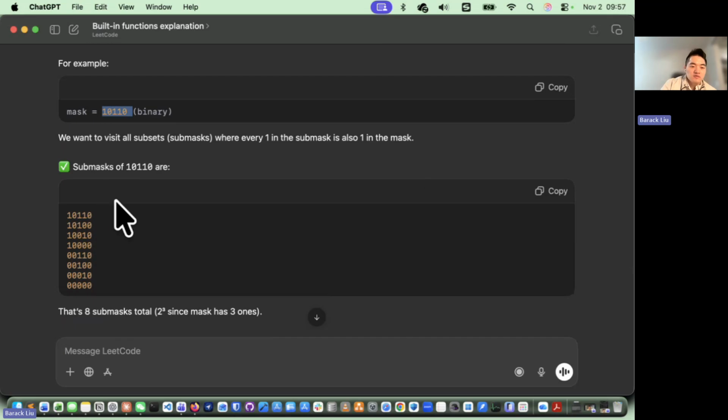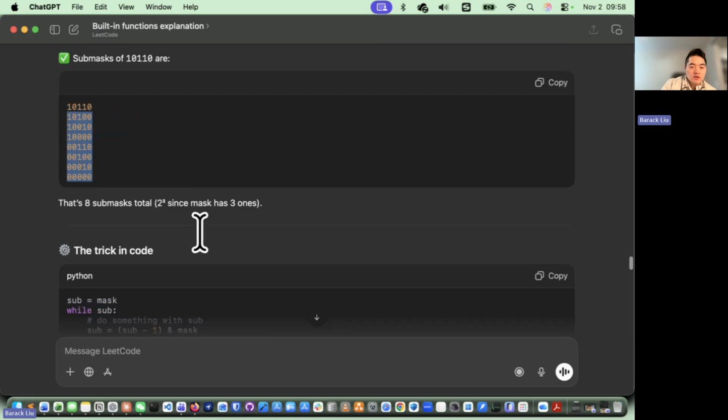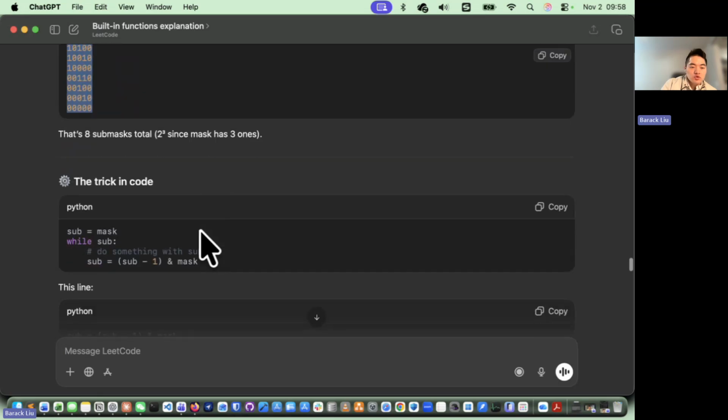Then the submasks of this one are these options. So there are 8 submasks because we have 3 ones, right? Then the trick here,